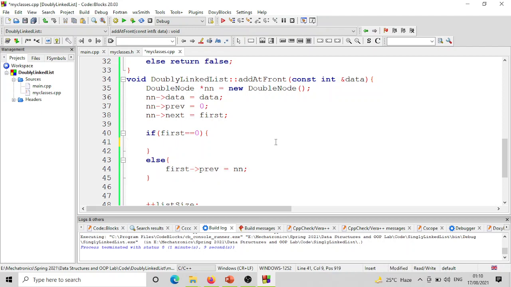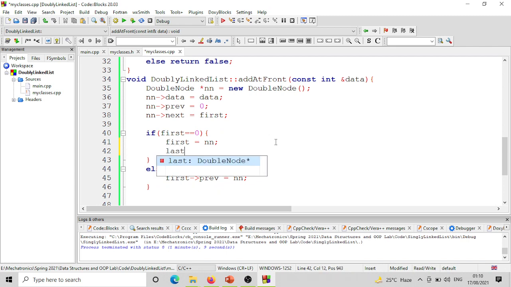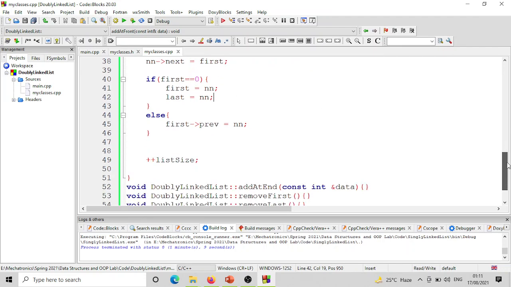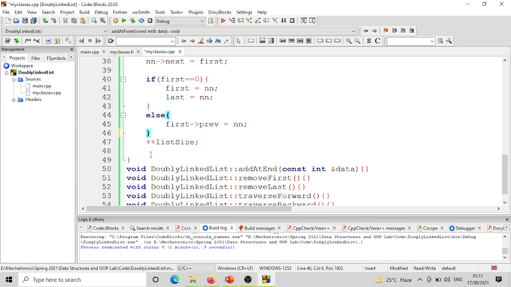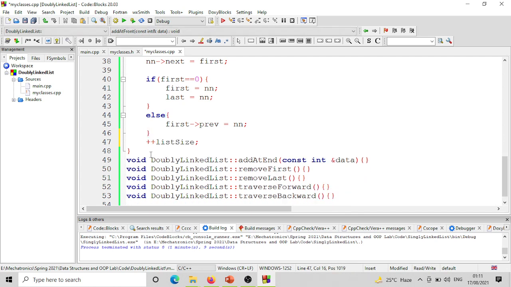अगर लिस्ट एम्प्टी है तो जो पहला नोड है जो आप इंसर्ट करने जा रहे हैं, दैट इज द फ्रंट एंड दैट इज द फर्स्ट नोड, एज वेल एज द लास्ट नोड, ठीक है। सो फर्स्ट भी ये नया नोड है और लास्ट भी ये नया नोड है, ठीक है। सो फर्स्ट एंड लास्ट बोथ आर दीज न्यू नोड्स। अच्छा, रेस्ट ऑफ द कोड इज आई गेस फाइन, ठीक है।